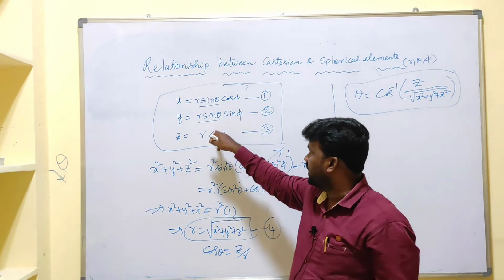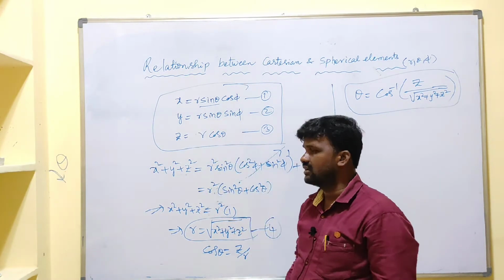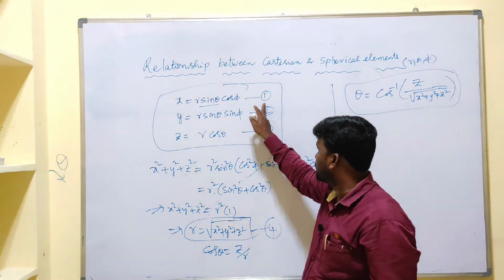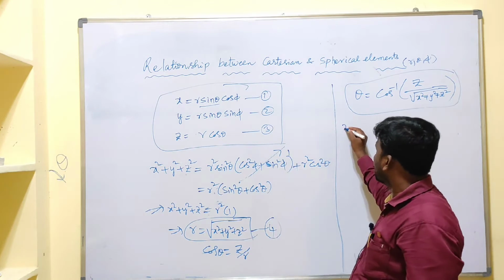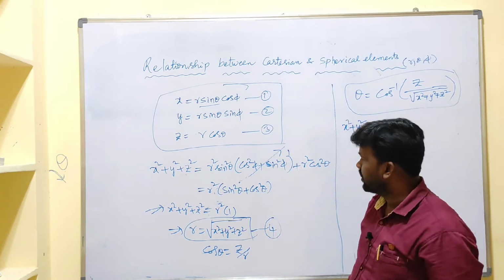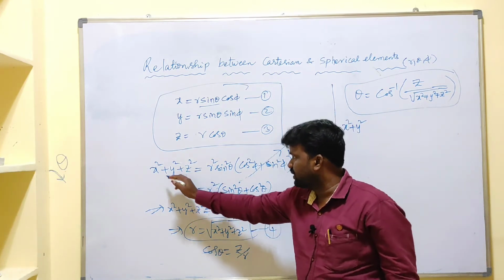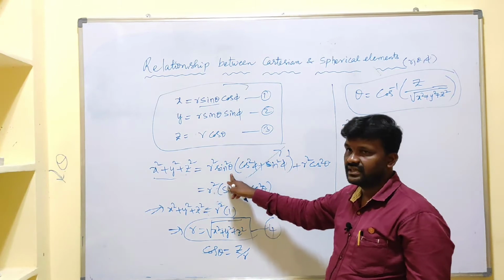Okay. Now let us take what? In order to get the tan theta, here you have r sin theta, r sin theta. Here we have r cos theta. Let us take equation 1, 2, 3. Okay. In this one, consider like this, that is x square plus y square. If you take x square plus y square, we got what? That is this part only, x square plus y square, except this one. So r square sin square theta.